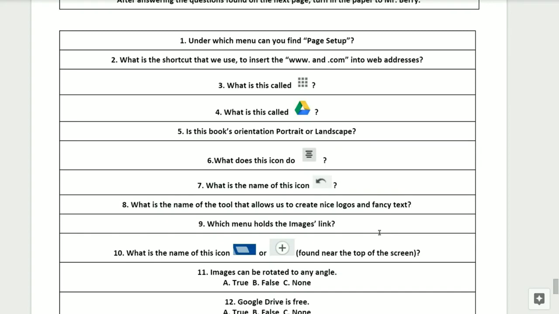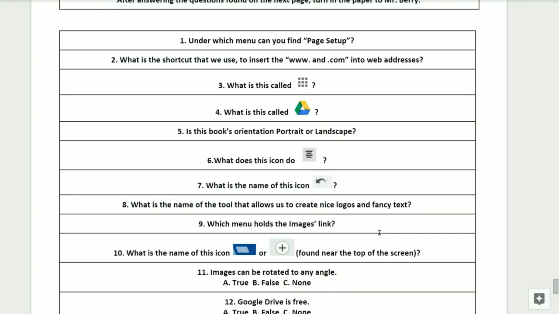Number 7. What is the name of this icon? Question number 8.